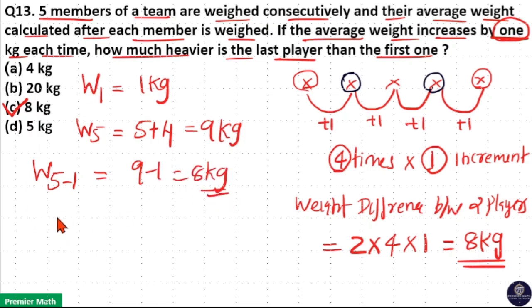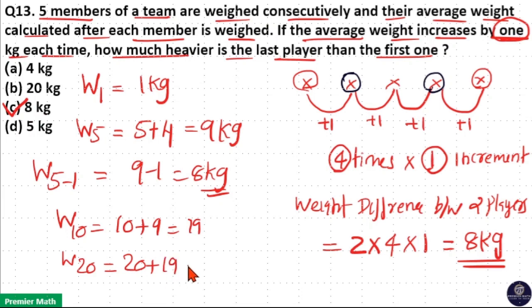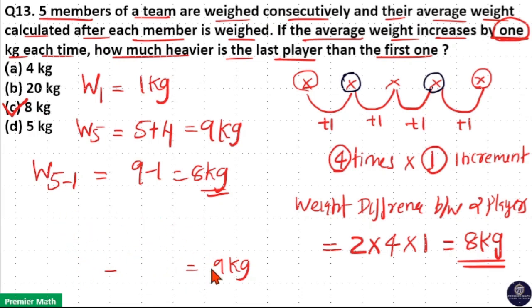This way you can calculate weight of 10th person as 10 plus 10 minus 1, 9, 19 kilogram. Weight of 20th person as 20 plus 20 minus 1, 19, that is 39 kilogram. So this will go on, because there is unit increment. If you have doubt,